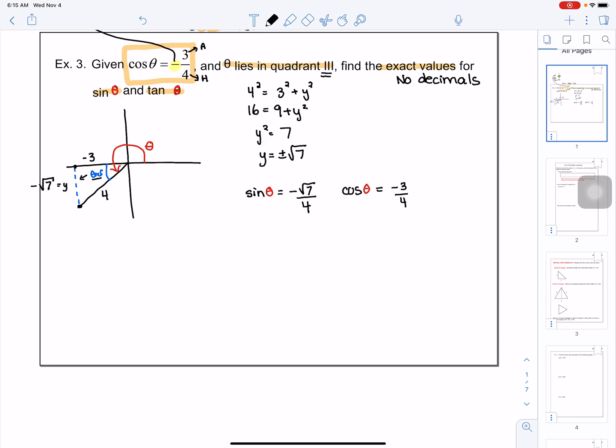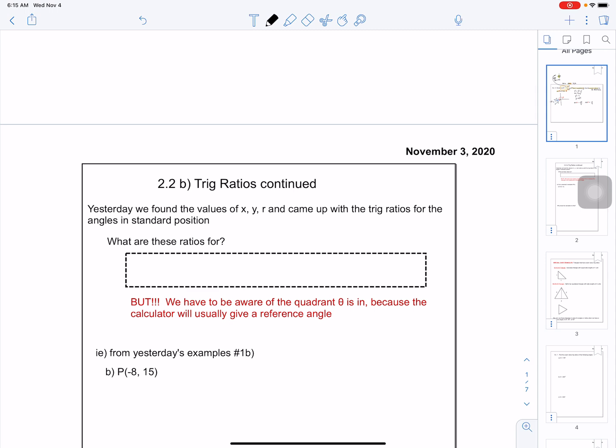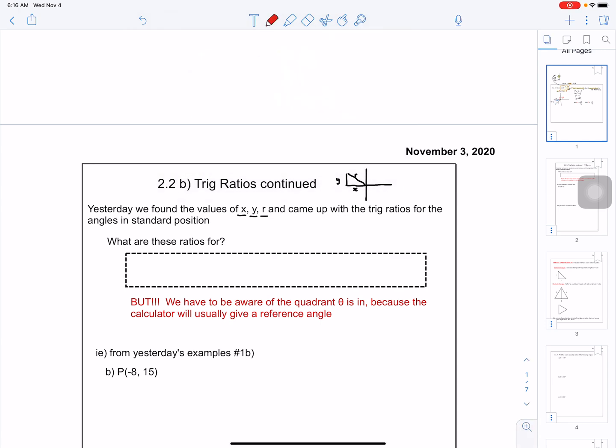Okay. Now we're going to continue with trig ratios. Yesterday's lesson, we found the values of x, y, and r. Basically, that was referring to our angles in standard position. If this was my reference triangle, this would be my X, this would be my Y, this would be my R, and we wrote SOHCAHTOA using our